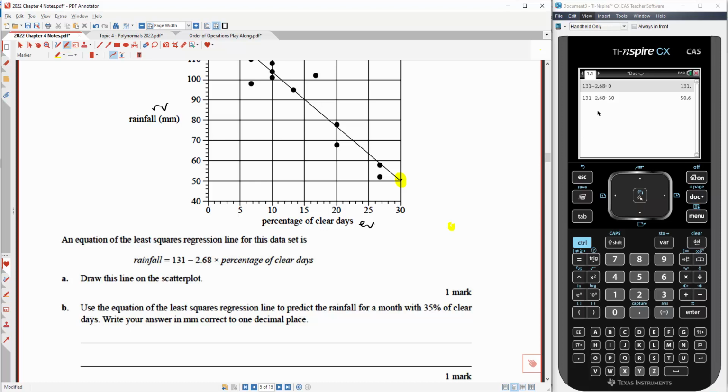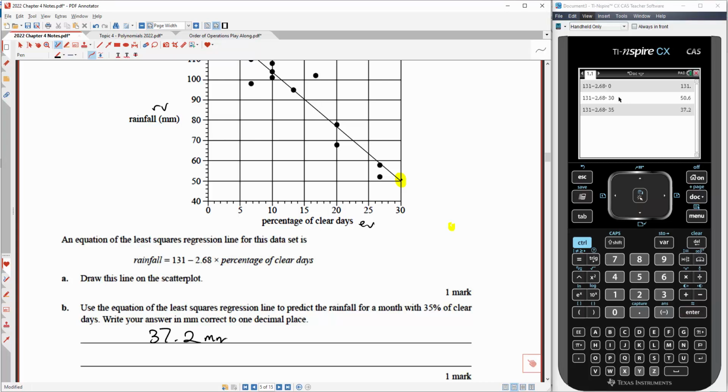Okay, so that means that we're going to go to our calculator and go 35. Okay, so 35 is going to be somewhere like down here. All right, so it's almost going to be about 40, I can see. All right, let's go to the calculator and type it in. So I hit enter to copy that down, change that to a 35 and hit enter again. And I've got